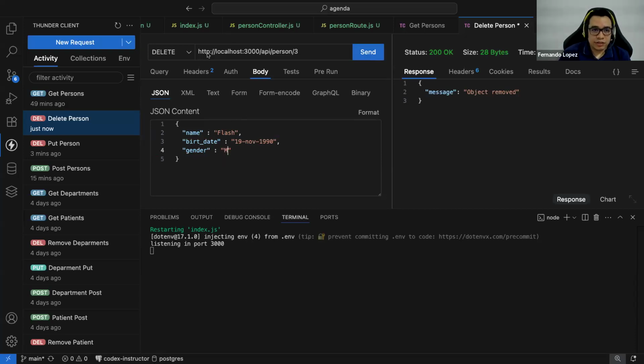Now, as you see, I need to change this to the put method. This is the one that is helping us with the update in the database. So let's hit this. The object has been updated.